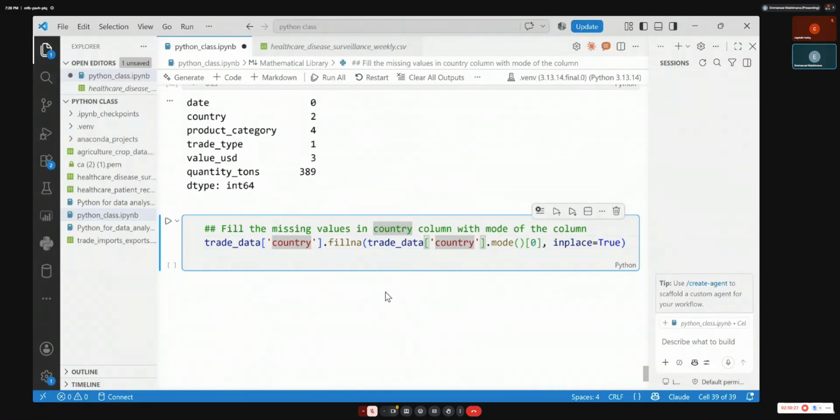So now we need to take the country. We need the country.